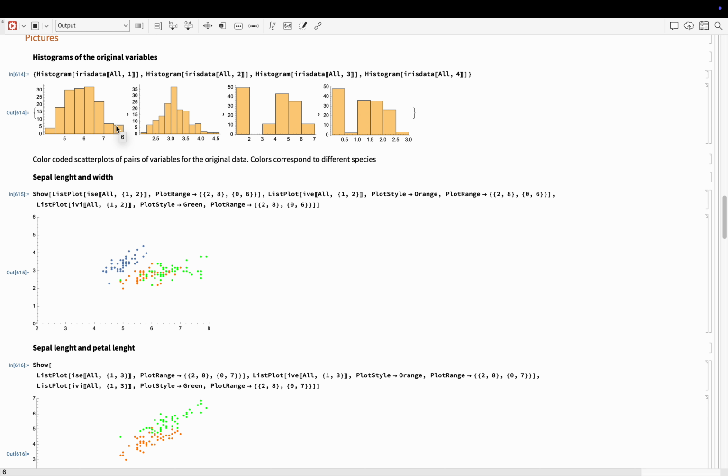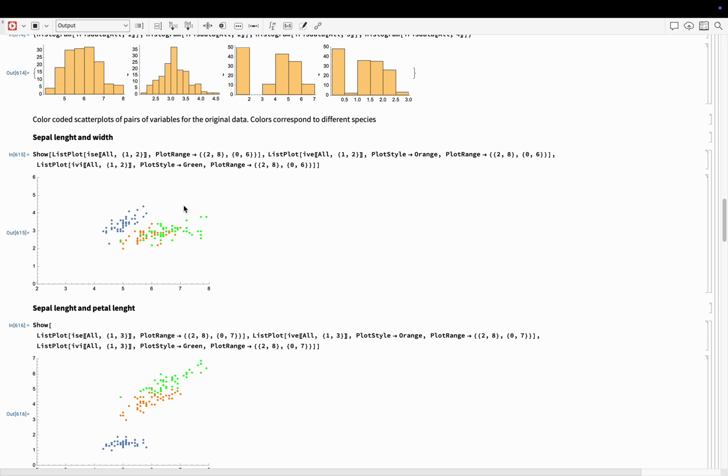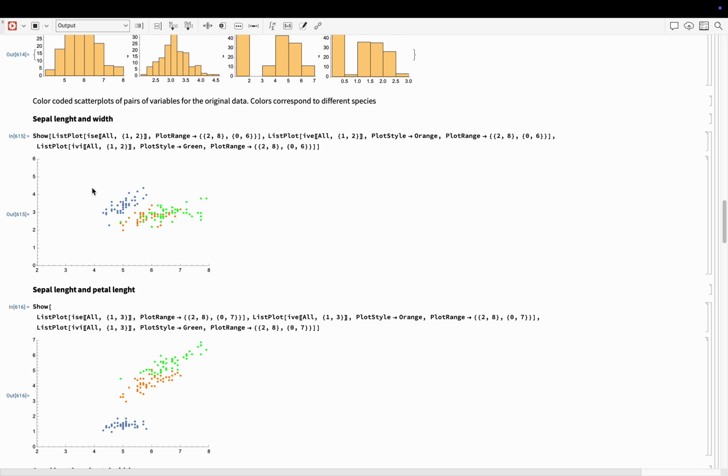About the sepals, the distribution is more similar to a normal distribution. So there is no clear difference between the species. Okay, so then let us look at scatter plots. They are color coded. We can see here the difference. We can see here what the species are. Those three species are color coded,